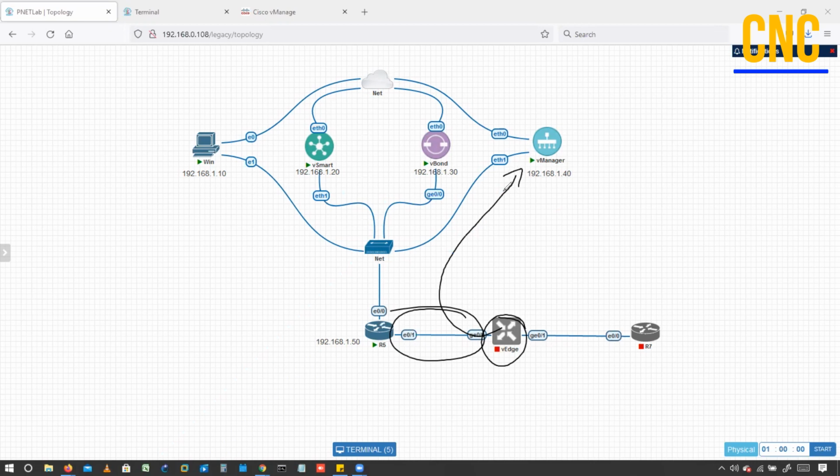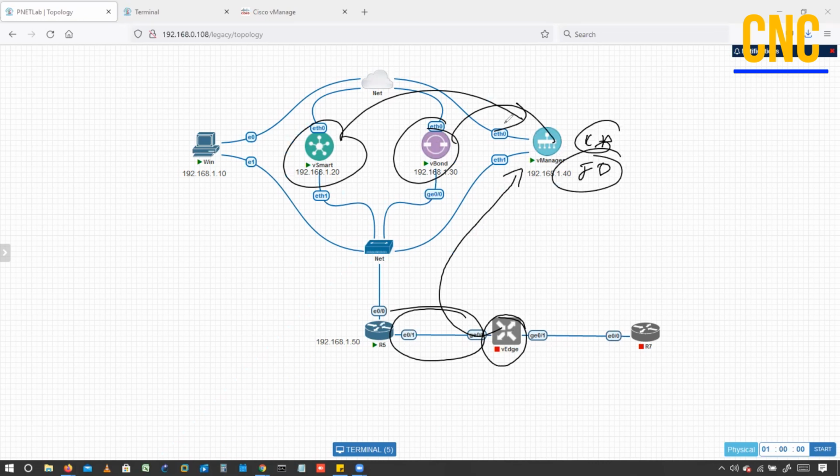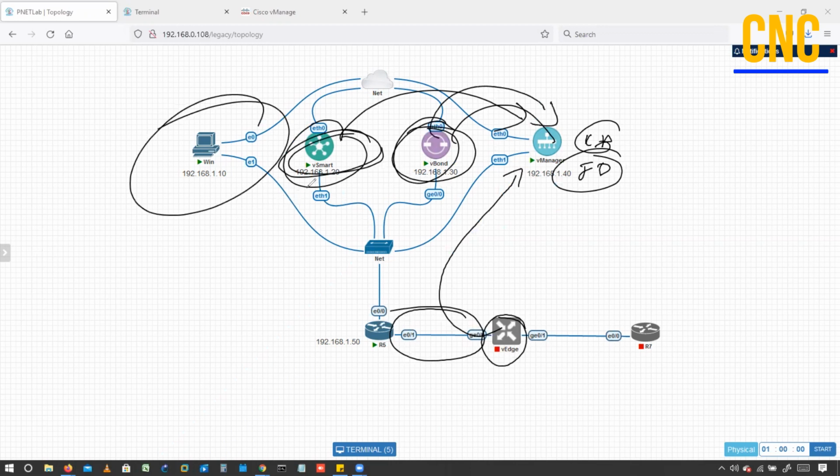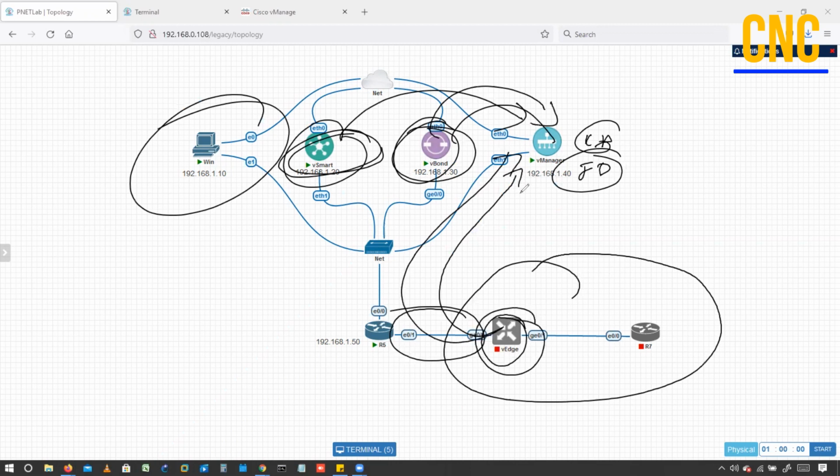So till this point what we have done is how we can bring the devices up, and how we can make this controller up on the vManage, and how we can use the certificate authority and the ID certifications on the vManage, and how we can make these devices registered on the vManage using the certificate server. So these things we have done. Now the very small part is pending, that is how we import the vEdge list and how we get these devices onto the vManage. So this part we'll do in the next class. Till this point, all good.